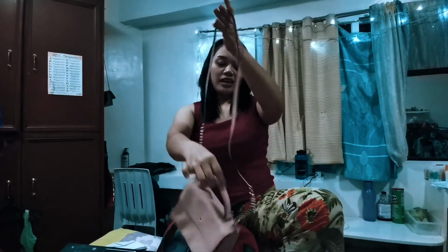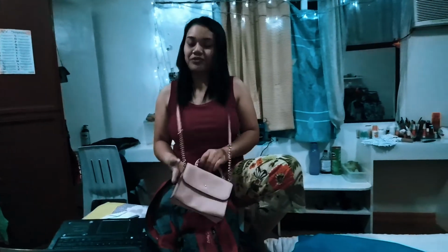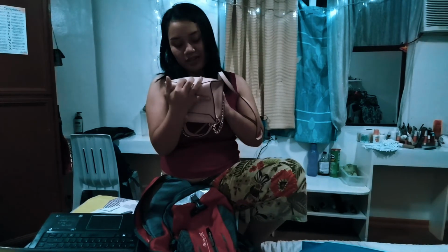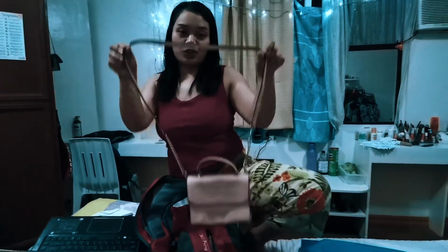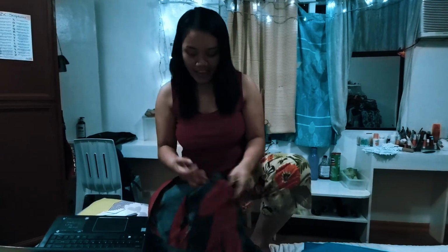This is from Kate Spade. Okay, this is a gift from my tita again in Canada. Very cute, actually. Very classy, and this is good when you go to church. It's a minimalist kind of bag. And the last one is my